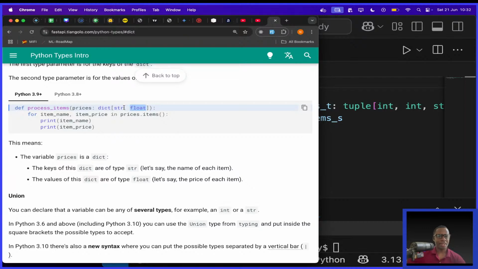And I think this first one should always be a string, right? I'm not seeing a situation whereby it's not a string. It should always be a string. And then this other one can be a float.